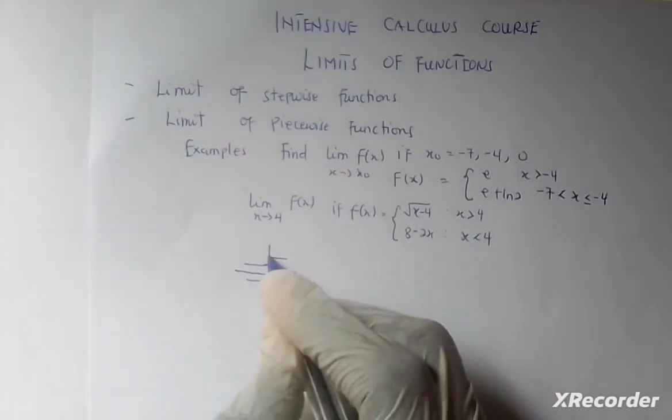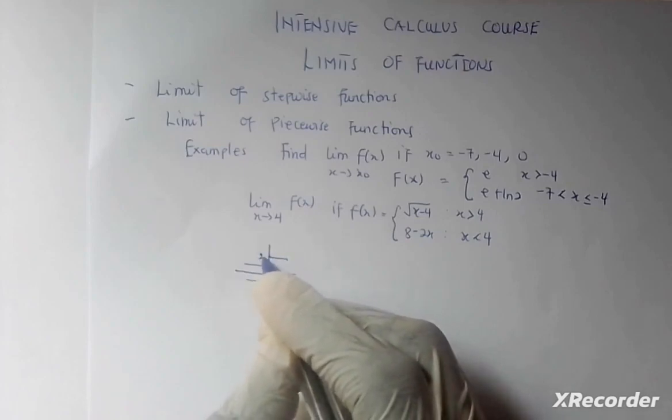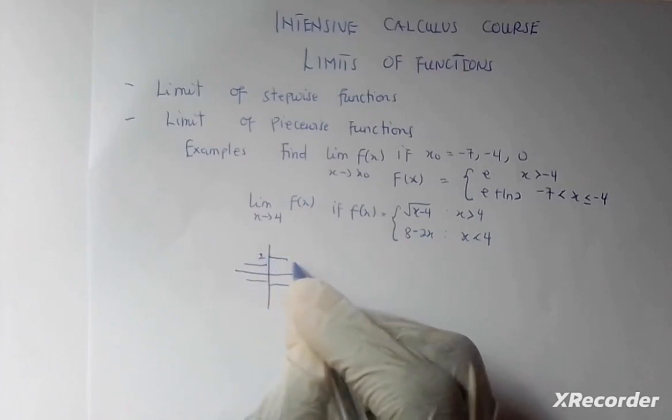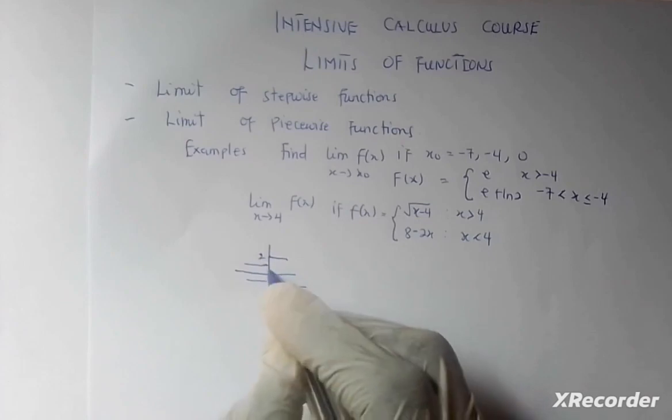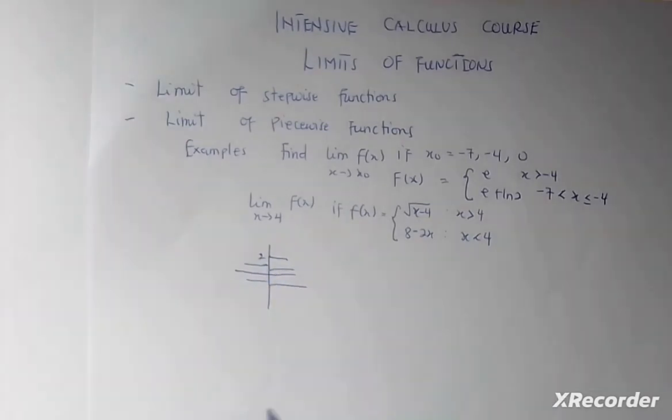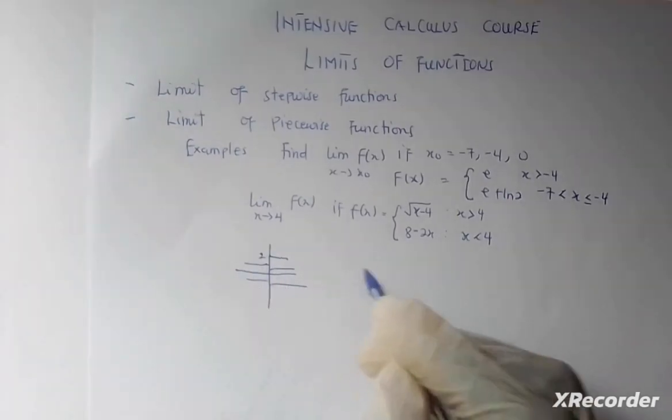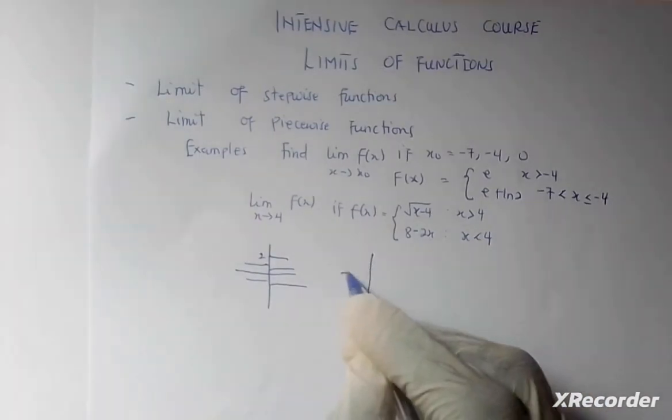So if you have here, assuming here is 2, this is the same as y equals 2 as a function. You can have another one here. So you have each constant part corresponding to a different interval. That is stepwise functions. Whilst a piecewise function, as I said, is just a single function which has been broken into